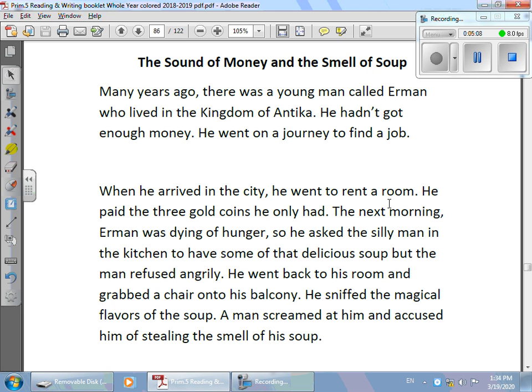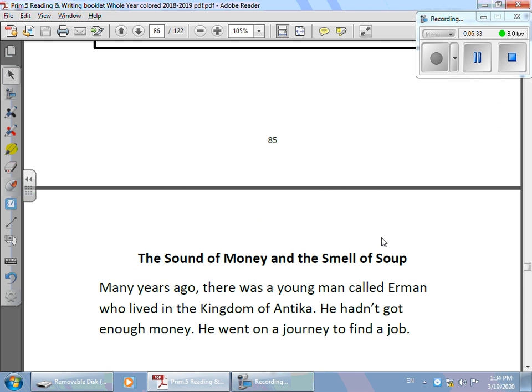He went back to his room and grabbed a chair onto his balcony. He sniffed the magical flavors of the soup. A man screamed at him and accused him of stealing the smell of the soup. So here comes the problem, guys. You wrote what was Erman doing and what problem appeared. Okay? After writing the problem,